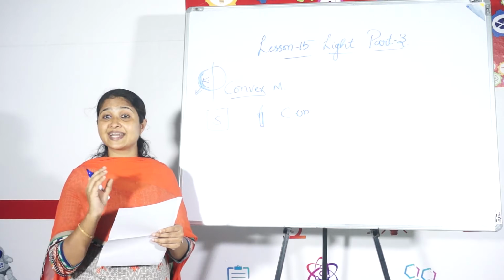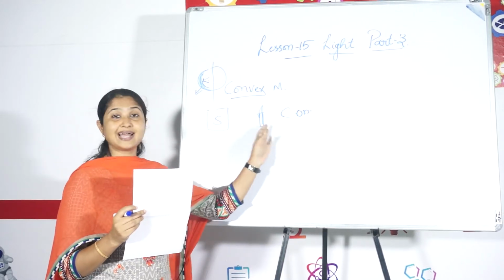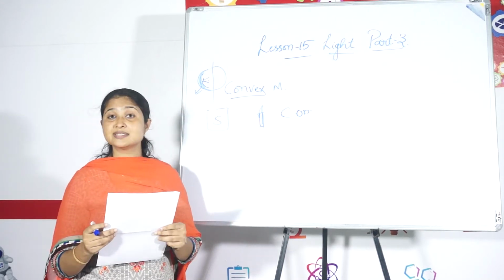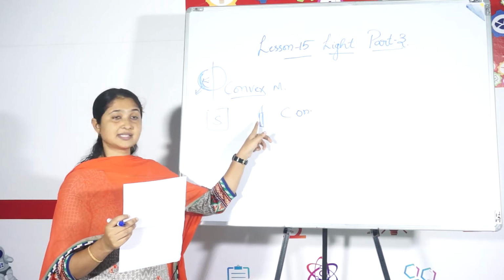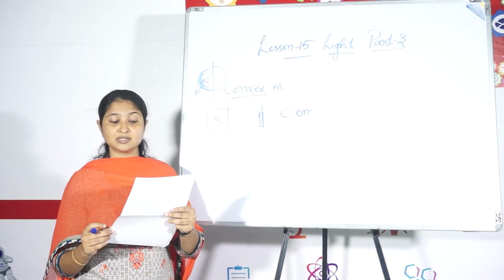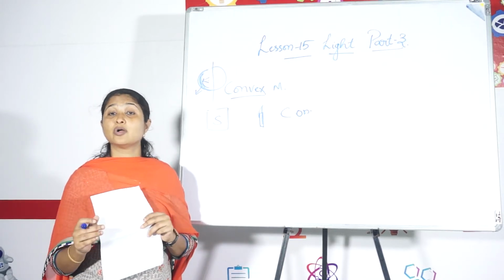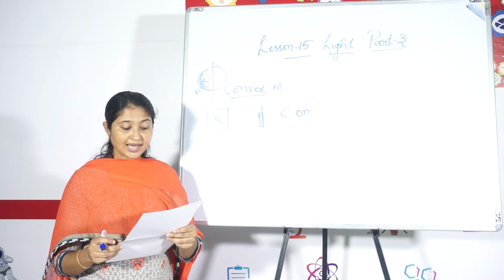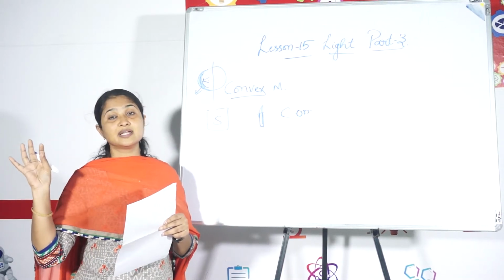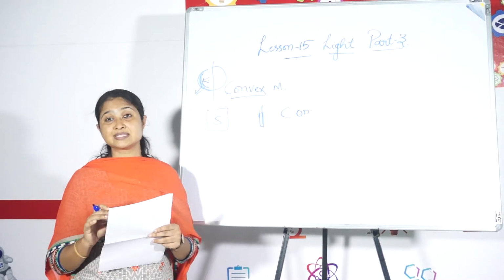It is always erect, that is, you can see the straight one, and virtual, that is, when you adjust this candle to any position, you won't be able to bring this image on the screen. The size of the candle will be very small in the mirror. That is the image formed by the convex mirror. These mirrors are usually used in our vehicles, that is, the rear mirrors in our car, bike and all that are convex mirrors.